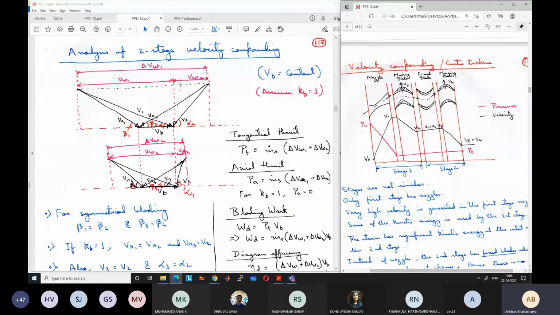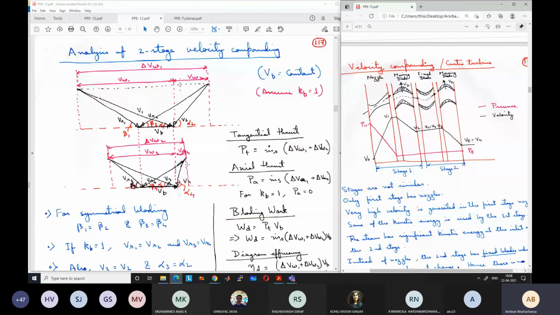Inlet velocity is V1 at an angle alpha 1 and inlet relative velocity for the moving blade is Vr1 at an angle beta 1, like what we have discussed previously, and the blade velocity is Vb. So vector addition of Vr1 and Vb is equal to V1. Okay. And outlet velocity from the moving blade, absolute velocity is V2 at an angle alpha 2 and relative velocity is Vr2 at an angle beta 2. And again vector addition of Vr2 and Vb is equal to V2. Vr2 plus Vb is equal to V2.